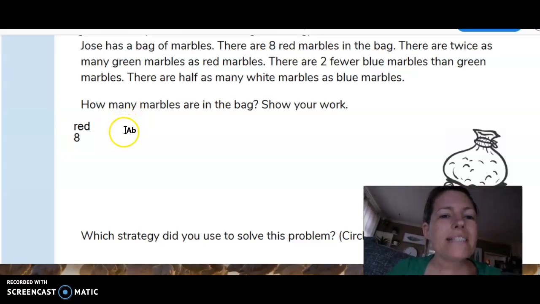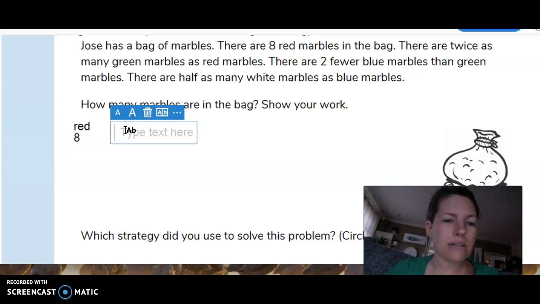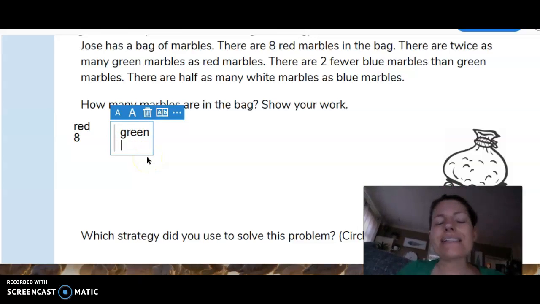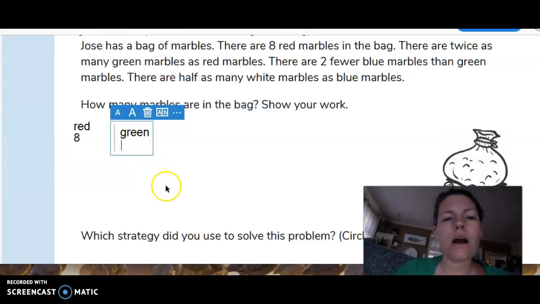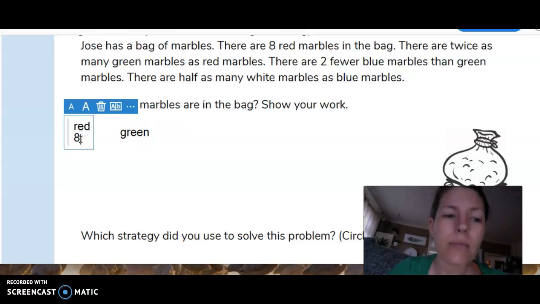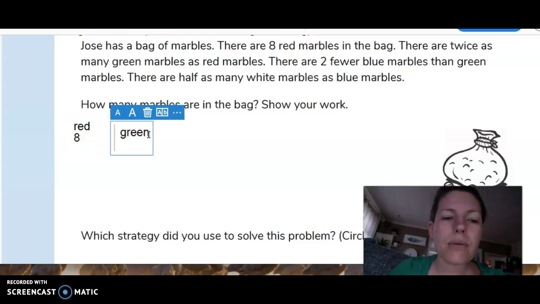There are twice as many green marbles as there are red marbles. So I'm going to write green. Does it tell me exactly how many green marbles there are? No. But luckily, I'm a great mathematician, and I can look back, and it says that there are twice as many green marbles as there are red marbles. So I'm going to take what I know about the red marbles, that there are 8 red marbles, and I know that there are twice as many green marbles. Twice as many as 8 would be